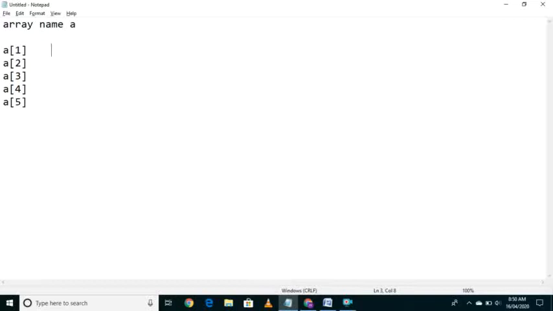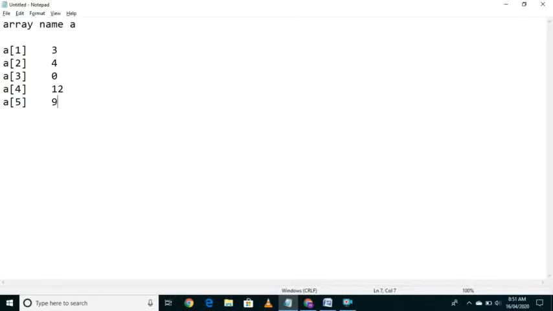A of 1, let me assume that I have the elements 3, then I have 4, then I have 0, then I have 12, then I have 9. So now I have to find the largest element among this set of numbers. I have to compare every element with the other.